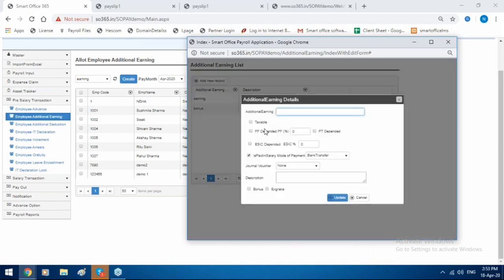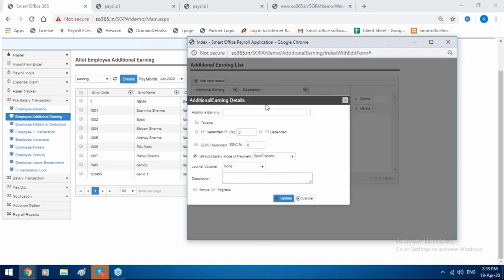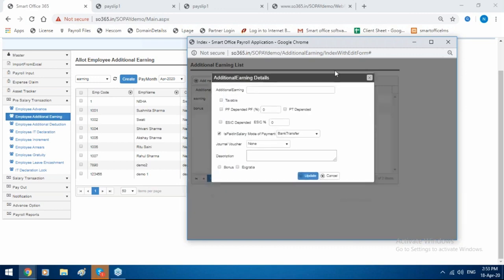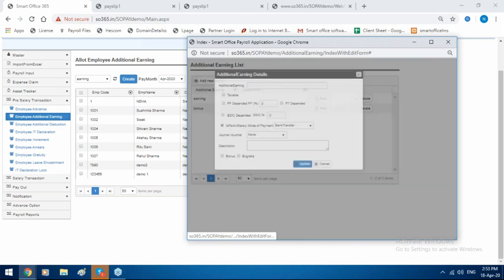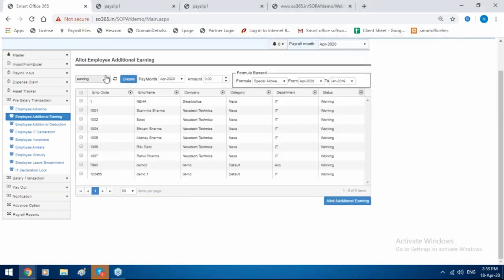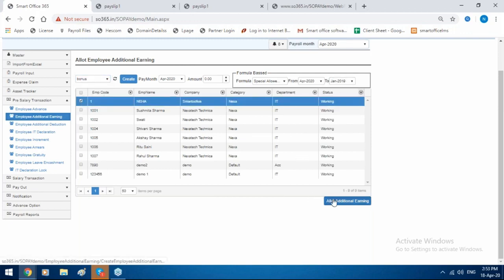If it is taxable, select tax. If PF ESI is applicable, just select it. If that particular head is bonus, you can select bonus, so you will get a bonus report. It will reflect here. Just select bonus here, select the formula, from which month to which month it should calculate, select that particular employee and allot.